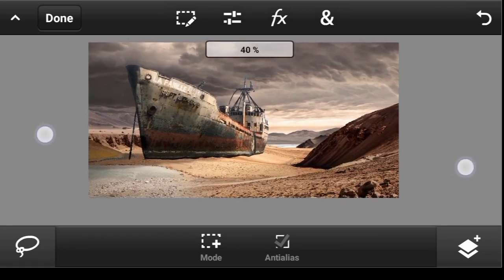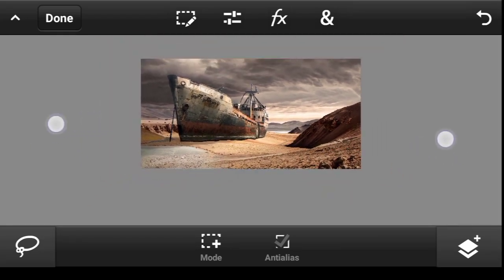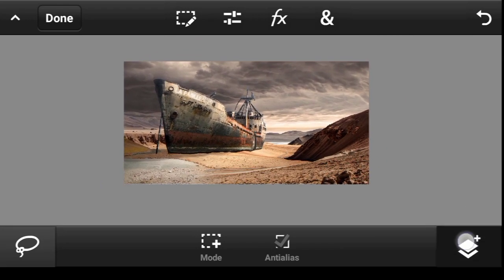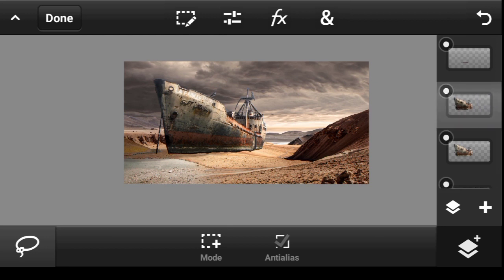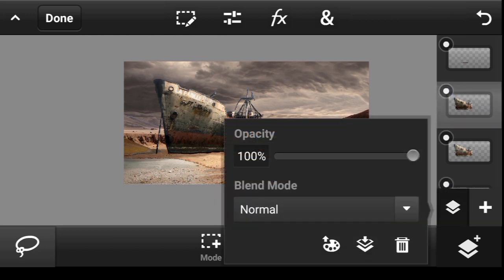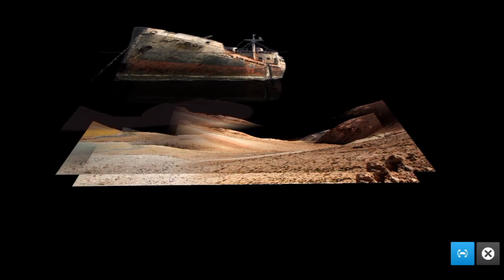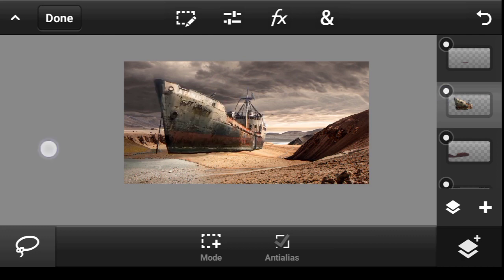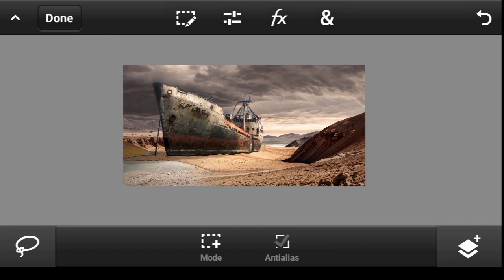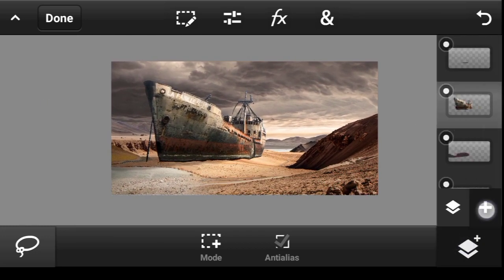And what else do we want to add? Should we add some highlights to the ship? Why not? So this is the ship layer. I think I'm going to delete this one at the bottom. We no longer need it. So this is the ship layer. So what we want to do is to add some highlight. So let's duplicate this. Click right here,